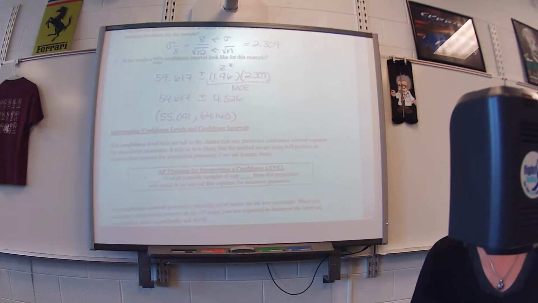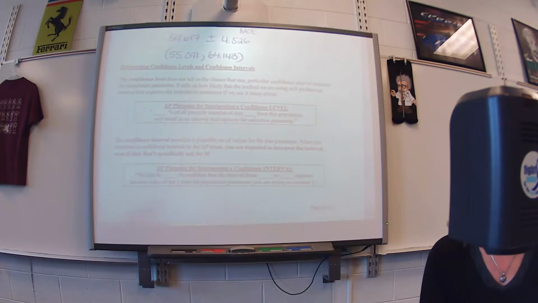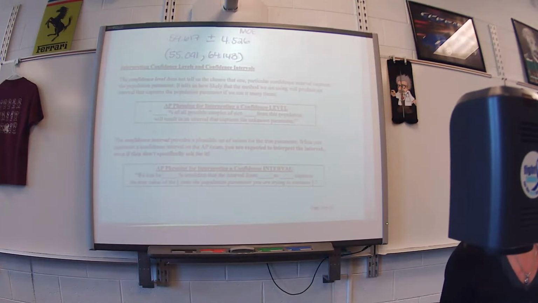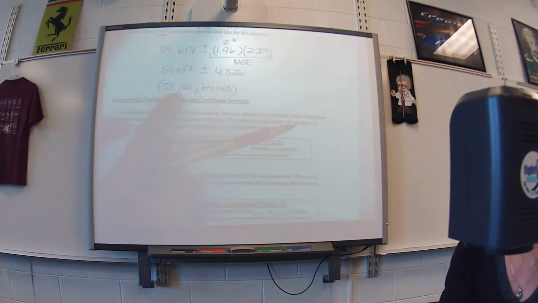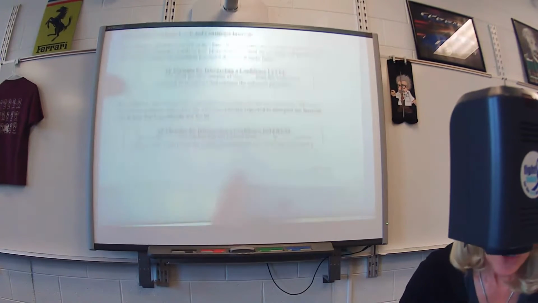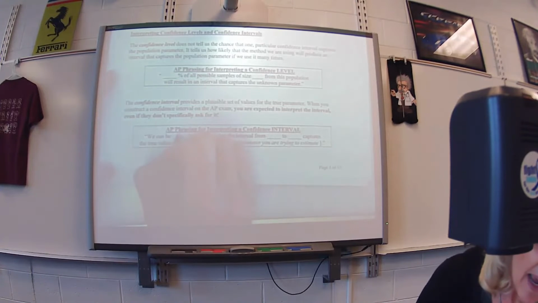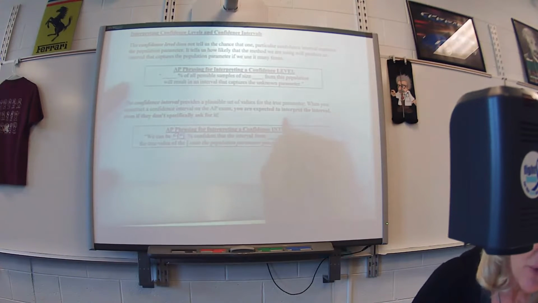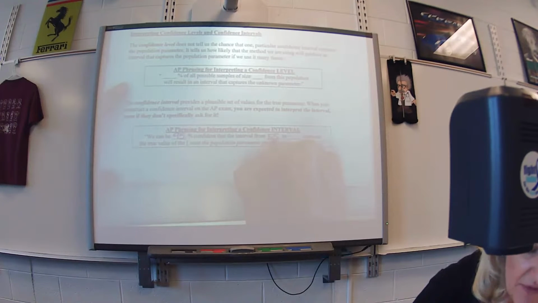Okay. And that's actually what I have here. Your AP phrasing for interpreting your interval. And this is required every time you create a confidence interval. On your homework, on a test, on the AP exam, and especially on the AP exam, because typically I'll remind you, but they might not. And on the AP exam, every time you create one of these, you move right into the explanation, and you can memorize this. We can be 95% confident that the interval from, and I'll just say from 55 to 64,